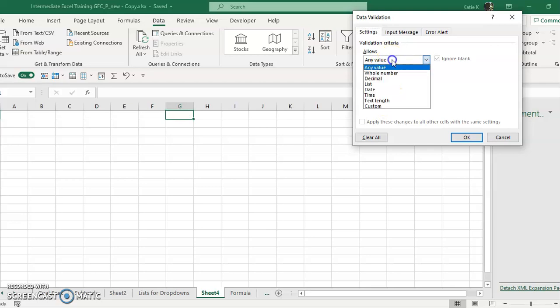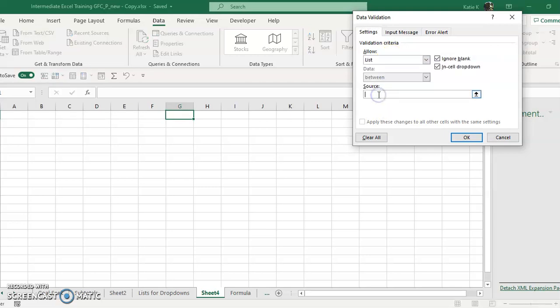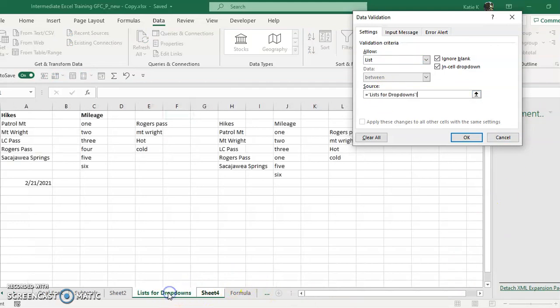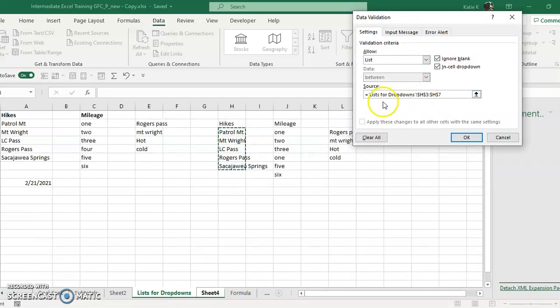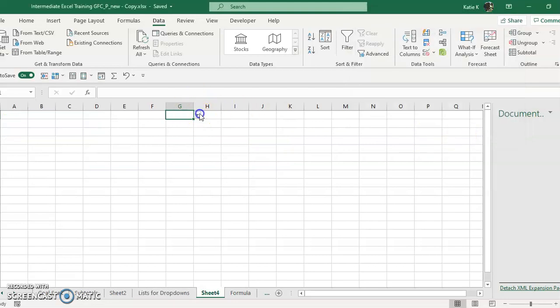I pull down to List, but instead of typing the list, I'm going to click in the source and go to the list for the drop-downs and highlight the list, and you'll see that it's all in here and it has the cell references, and I click OK, and now those items show up here,